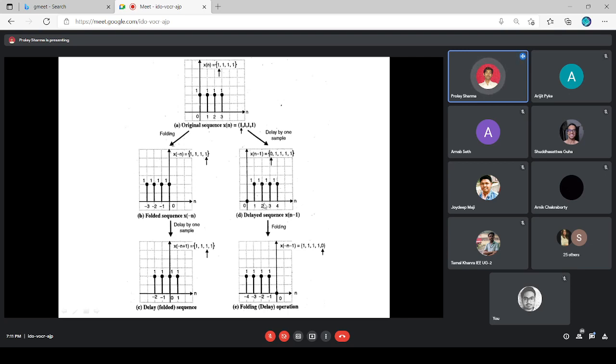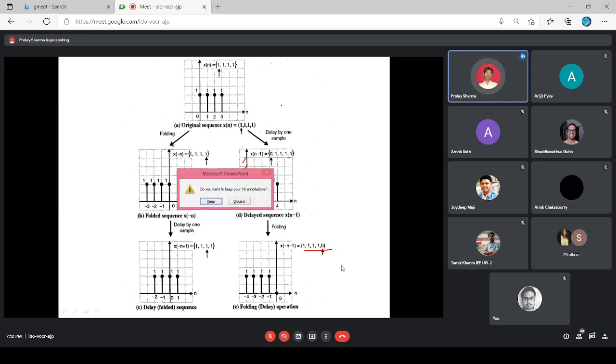If the delayed signal gets folded, now the signal is delayed by 1 unit. Now if we fold the signal, what is the thing actually? This is a mirror. A mirror is placed over here. If the signal is taken as a mirror image, then obviously this sample value will come here. There will be no mirror image for the sample at the origin itself. So after delay, if we fold the signal, the sample values will be like this.